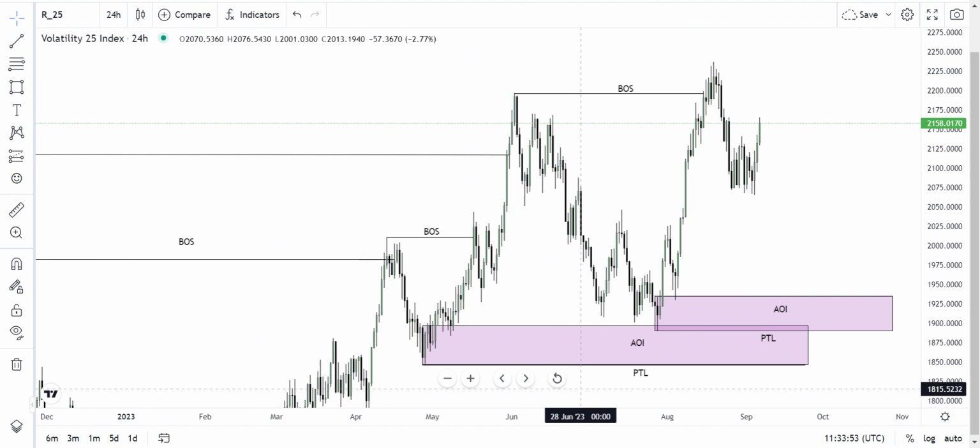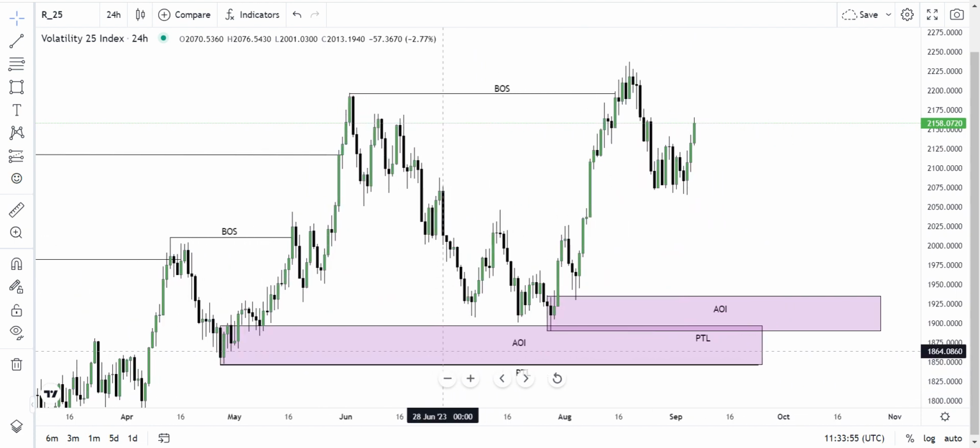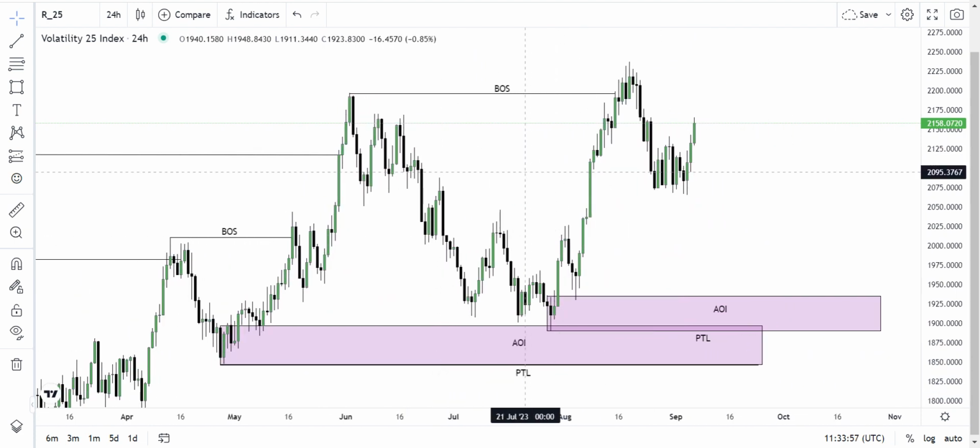Like I always advise, having analyzed your chart on a higher time frame, please do not enter your trades using this higher time frame, except maybe you're a swing trader. But whatsoever, analyze your market using a higher time frame, then go to a smaller time frame like 15 minutes or 5 minutes to execute your trades.